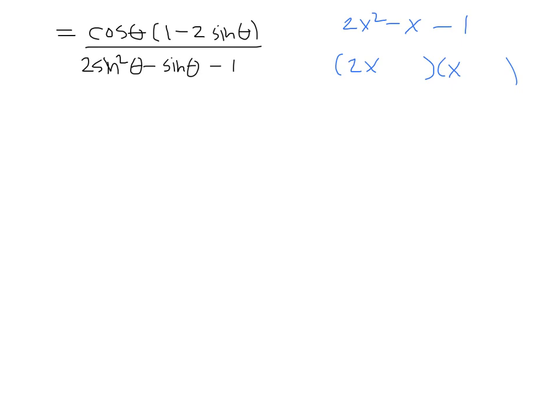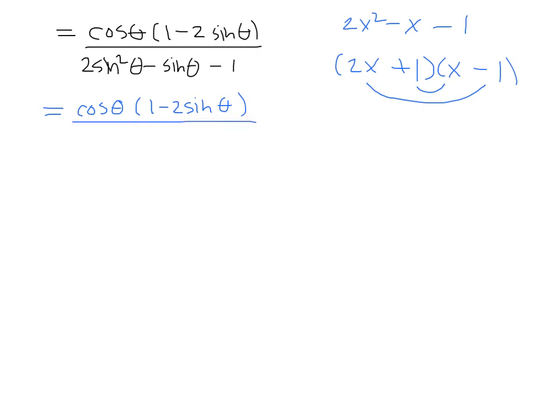So I think if you put the negative 1 there and the positive 1 there, that checks out. 1x minus 2x makes negative x. So that gives us cosine of theta, 1 minus 2 sine theta over 2 sine theta plus 1 times sine of theta minus 1. And we will have horizontal tangents if the numerator equals